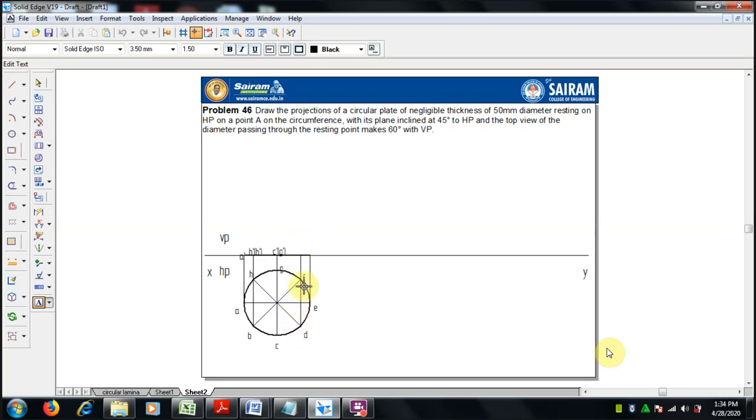D is visible from this side, and F is hidden, so D dash and F dash should be in bracket. The last one visible is E dash. We can make an arrangement for easy visibility.